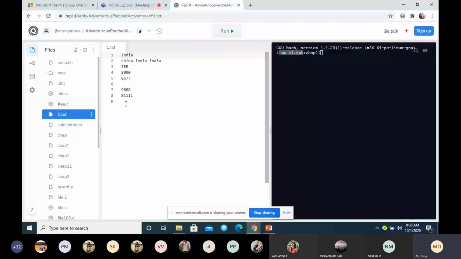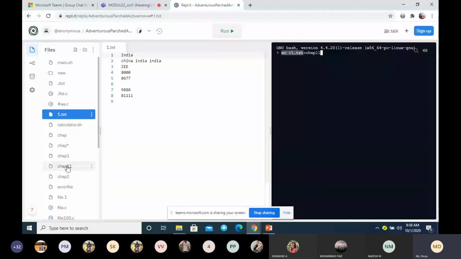What does this file have? So it has these many lines, around 8 words, and it will count the number of characters. Then what does the greater than symbol indicate? Output. After executing wc less than 1.txt, you get the number of lines, words and characters. That output you are giving to the file chap11.